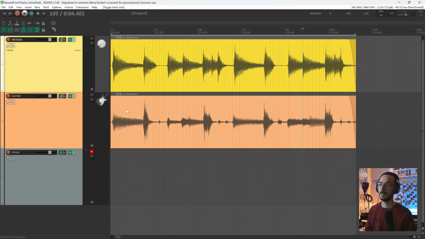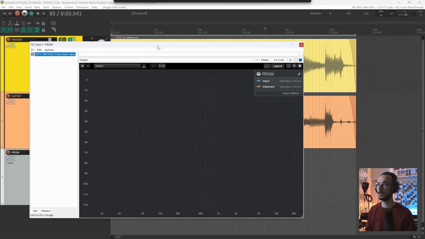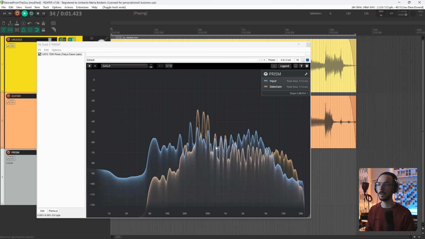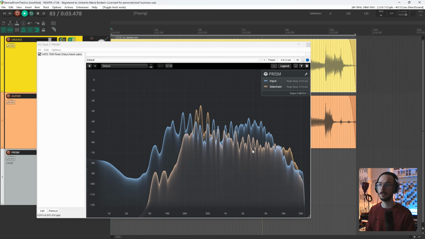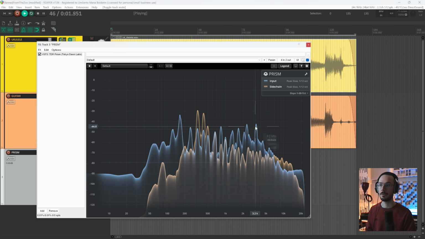What's happening here is in these peaks, the guitar has more energy in the high end, here, here, here, so it's masking the same notes produced by the ukulele. We can have a listen to the spectrum. So the guitar is the blue one, the ukulele is the orange one. You can see the guitar has way more energy, around